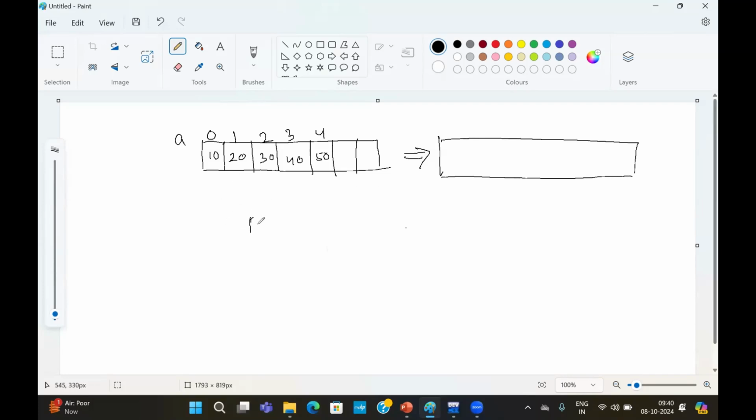Only we have to ask which position element we want to delete. Position is 3. So please enter the position to be deleted. Position 3 means 0, 1. This is the first position. This is the second position. The third position. Index is 2. These two things we have to remember, that whenever we enter the position value, the index value is always position minus 1. Reason is in an array, indexing starts from the 0 value.